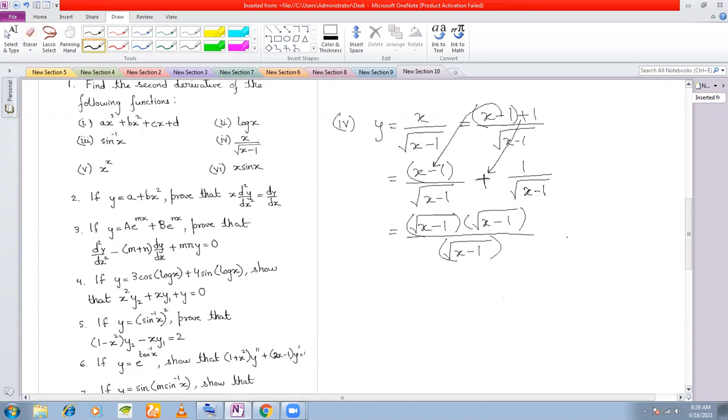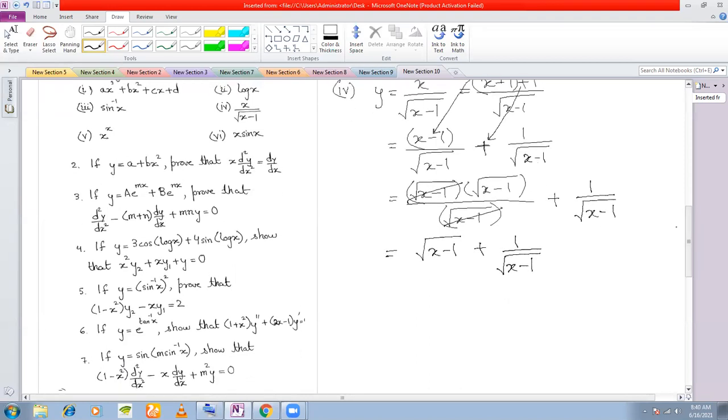And here you can write this normally as 1 by root x minus 1. So what will happen? This and this will cancel. So you simply get root x minus 1 plus 1 by root x minus 1. Now why I did this is because the first order derivative can be found out very easily if you do this. Okay,